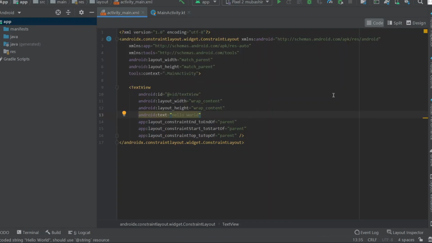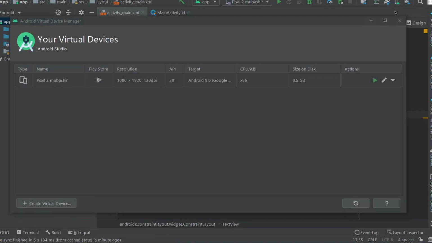Okay, so this is the interface. In the previous video we left all the things here. So first of all I want you to click here in this AVD manager, and here you will get a big button like this, create virtual device.